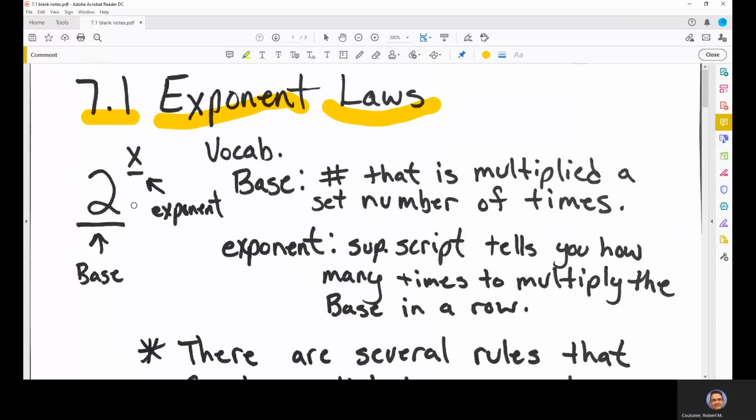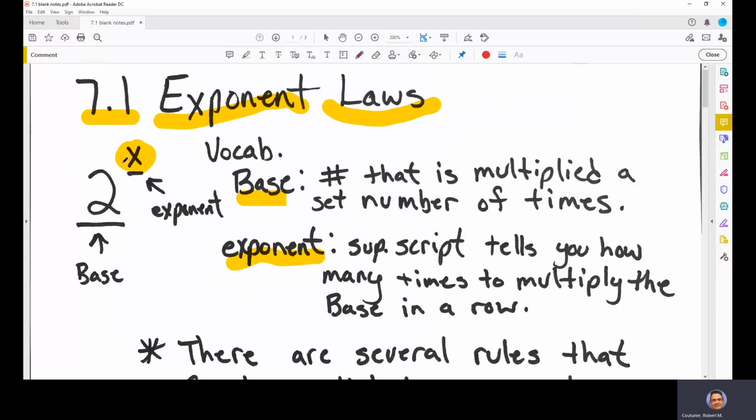Okay? So now as we take a look at this here, you are going to see we have a base. The base is the big number, and the exponent is the little superscript at the top. We have to be very careful because we have to remember our new vocabulary. A base, the base is the number that's being multiplied a set number of times. The exponent, the little superscript up here, that's the number that's telling us how many times do we multiply that